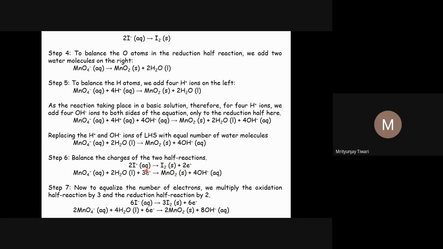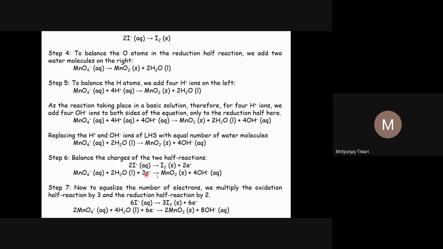This means the number of electrons lost is not equal to the number of electrons gained here. So what we do, if I multiply this first equation with 3, this is a simple logical analysis. Multiply with 3, and what I obtain is total electrons 3 into 2, 6 electrons. And if I multiply the entire second equation with 2, it will be 2 into 3, which will also be 6. So 6 electrons will be there in both the reactions.